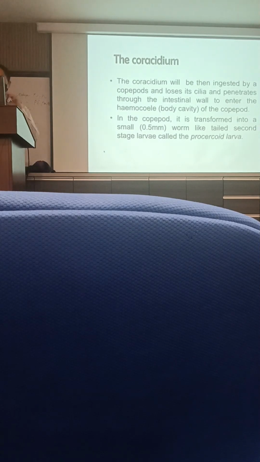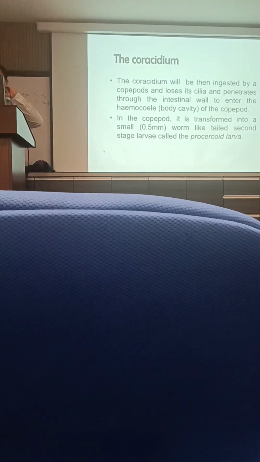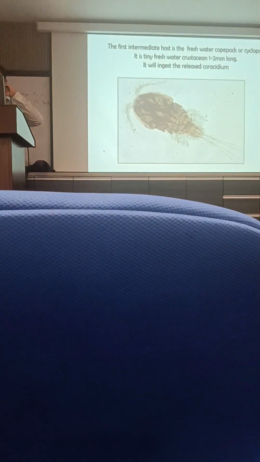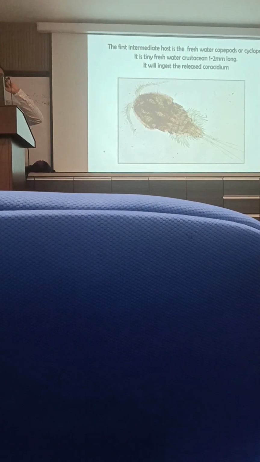Redia, sporocyst. But here, it becomes a procercoid. So in the first intermediate host, within this crustacean, it develops into procercoid larvae, because there are 2 intermediate